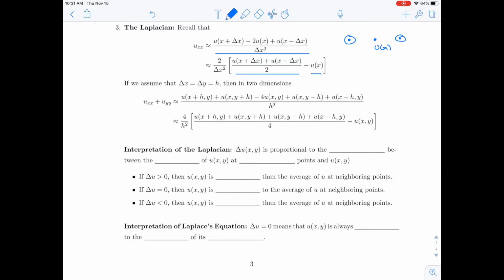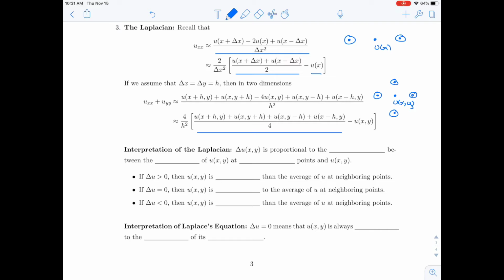If we want to look at this in two dimensions, you'll see that the finite difference for uxx plus uyy depends on u of xy and the 4 points that surround u of xy. And then we can rewrite this as the average of the 4 points that surround u of xy, these 4 points,